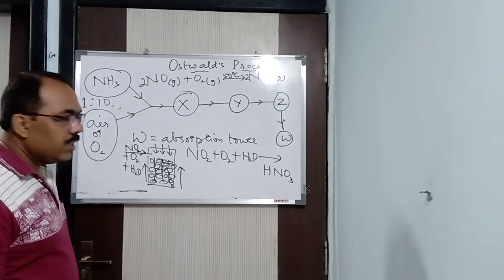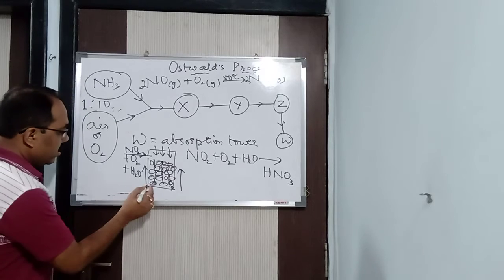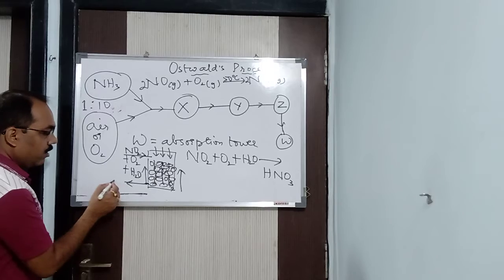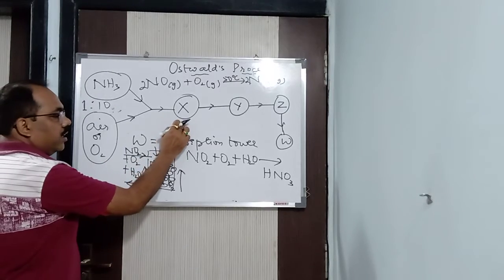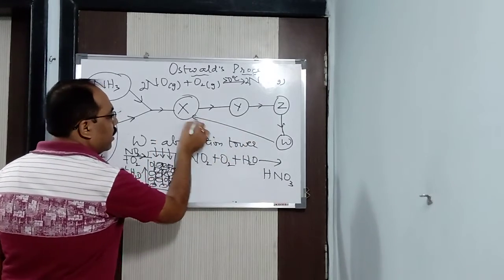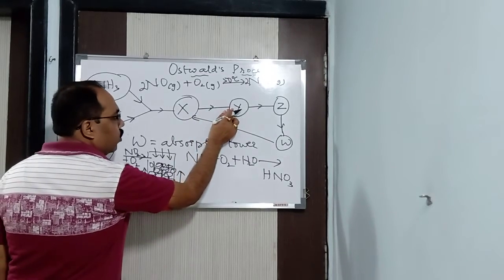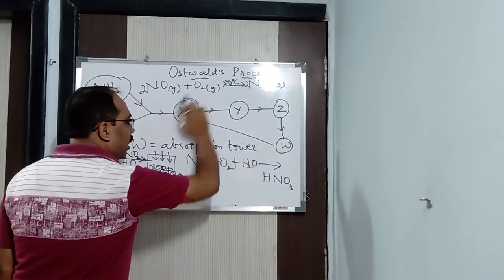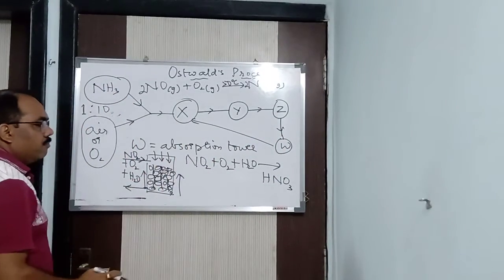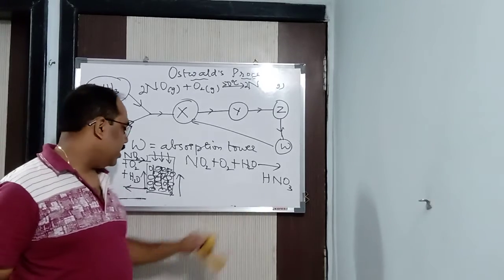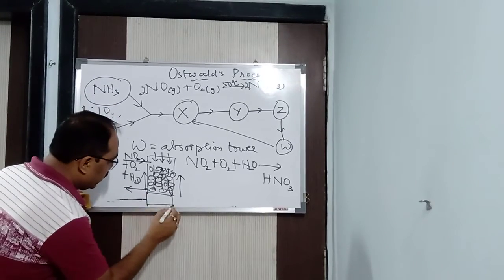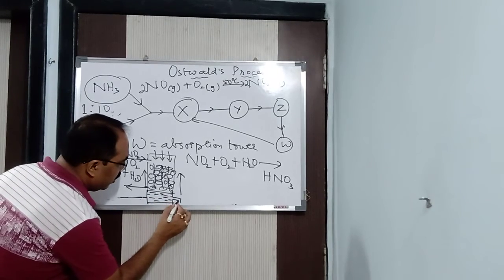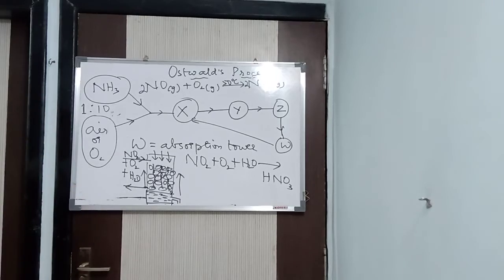Got it? So whatever gas is not dissolved, through another opening here it goes back to the catalytic chamber, it comes to X, and again it goes back to the cooling pipes, again to the oxidation chamber, and again it comes back to W, till all the nitrogen dioxide and oxygen mixes with water and forms nitric acid. And dilute nitric acid is collected in a tank below, and a tap, an opening, is there through which nitric acid is taken out.